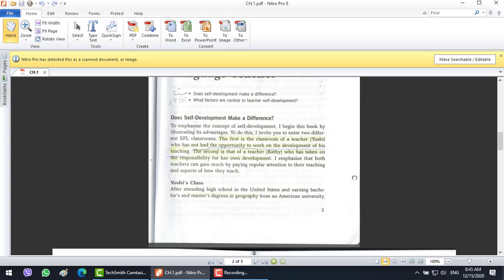In the first question, does the self-development make a difference? So we have differences between Yoshi's classroom and Kathy's classroom. The first is the classroom of teacher Yoshi, who has not had the opportunity to work on the development of his teaching. The second is the classroom of teacher Kathy, who has taken on the responsibility for her own development. If you go to the first class, Yoshi's class,